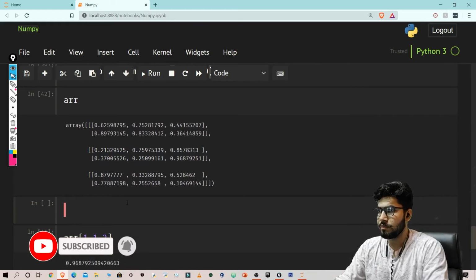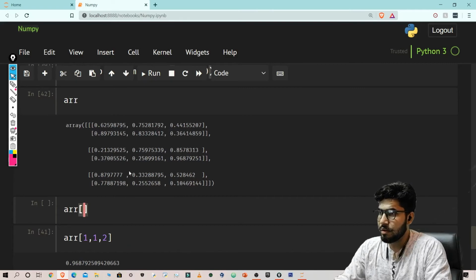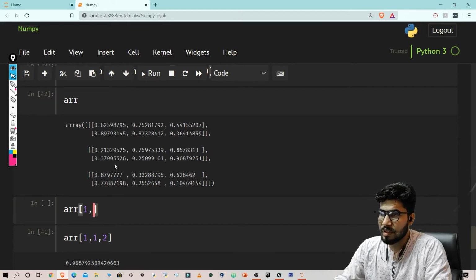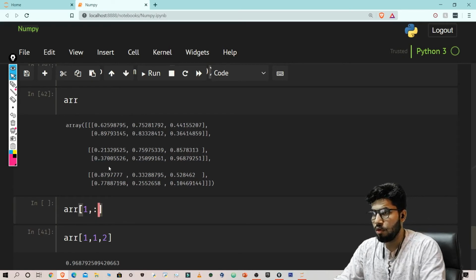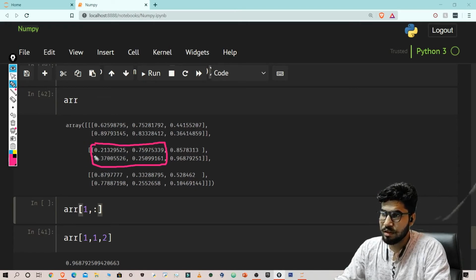So what I'm going to do is array, the first page, comma, and in the first page I need to get all the rows, both rows, because I need to get these elements.